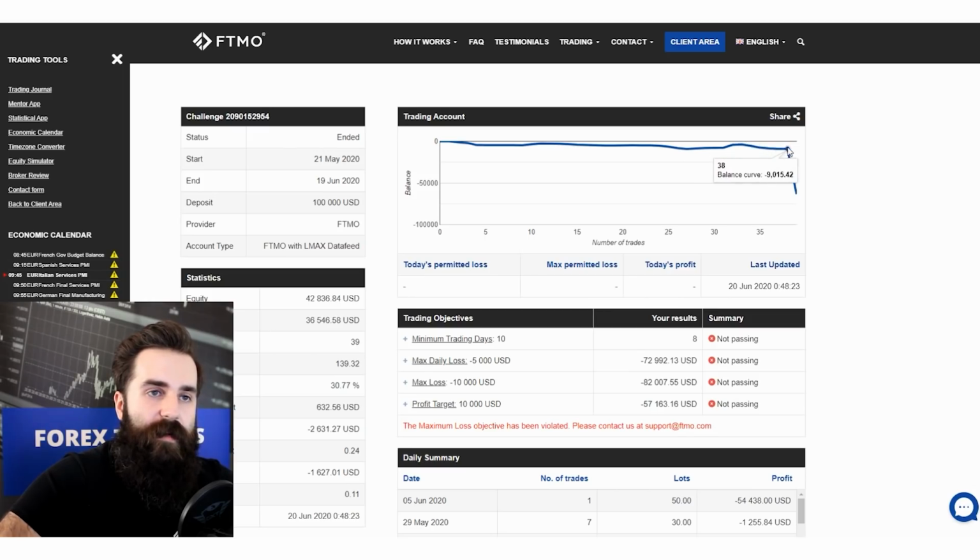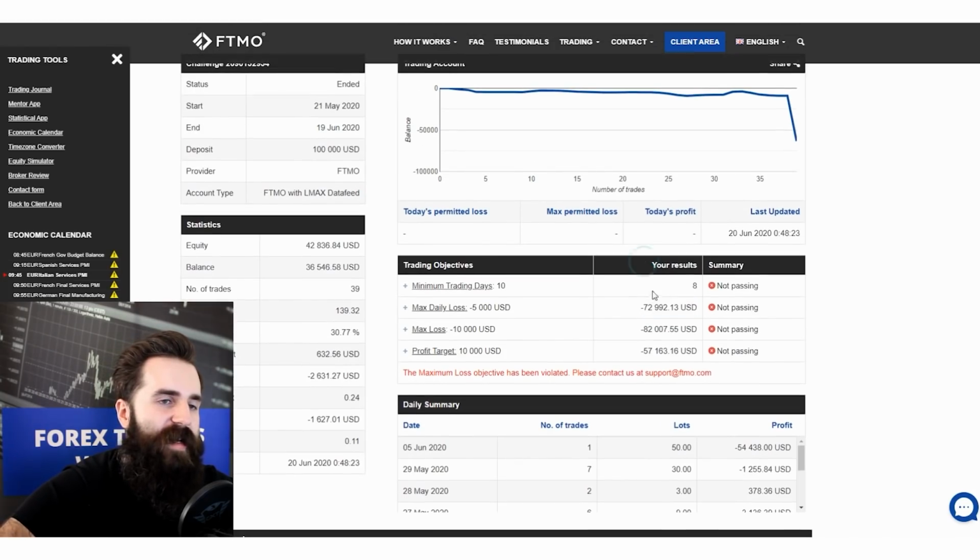But then from here, that just blew his account. So in the trading objectives section, you can see that this is just a huge loss. The same goes for max loss and the profit target. And you know, when you compare the equity and balance here,